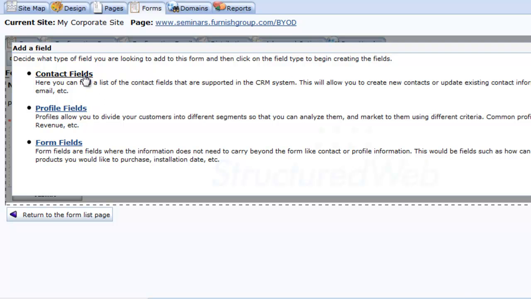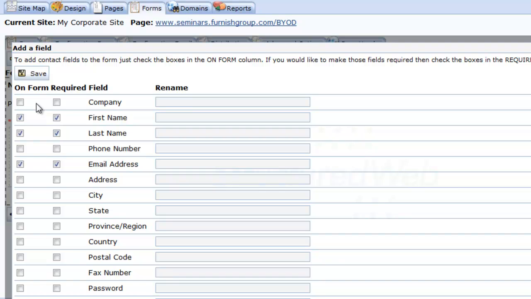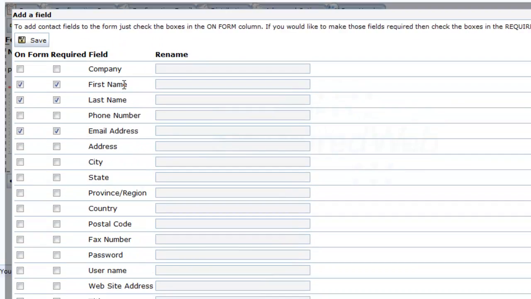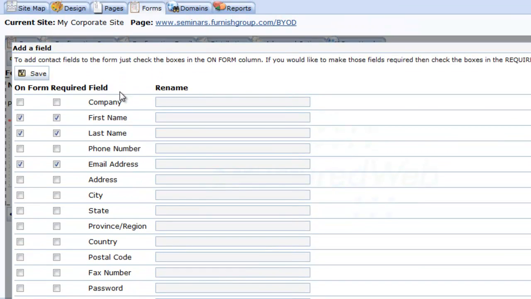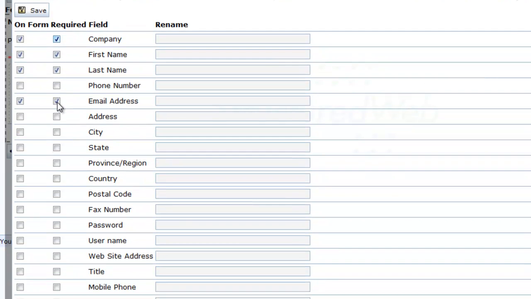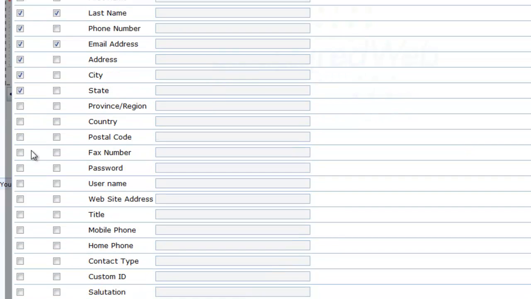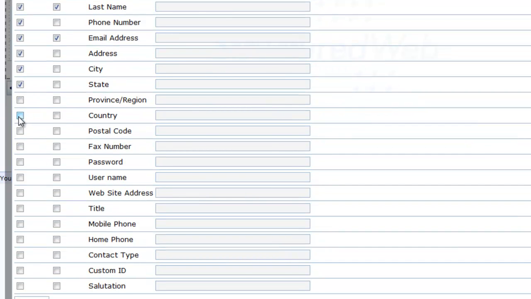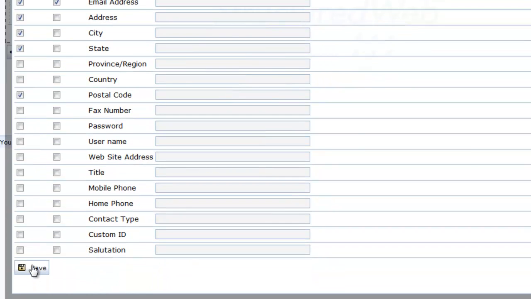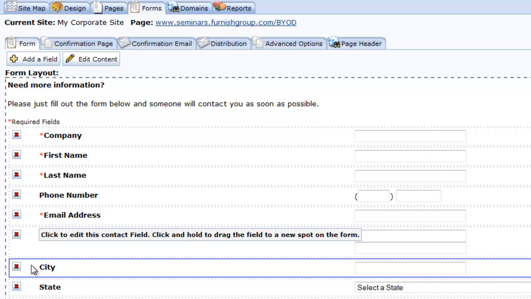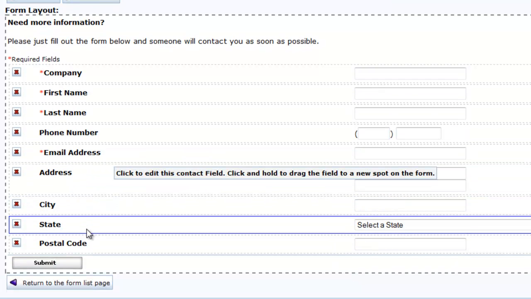So I'll choose some contact fields. As you can see, it's very straightforward. You'll see a list of fields inside the customer center that you can use. So on this form, I'll add company, I'll make that required, I'll add phone number, I'll add address, city, state, and we'll add postal code. When you're finished, scroll to the bottom, click Save,